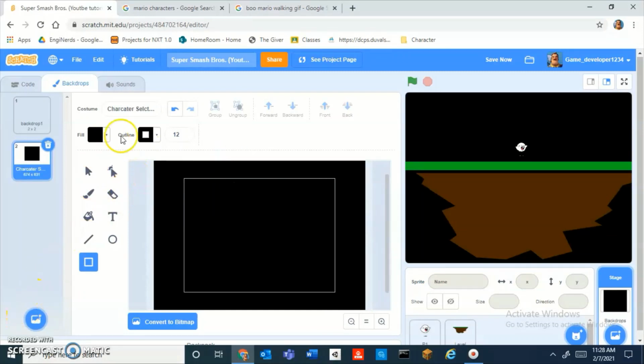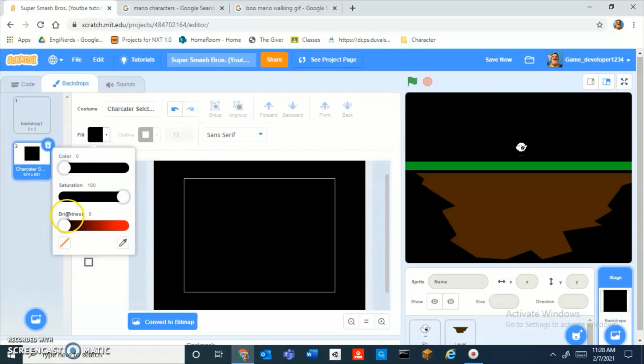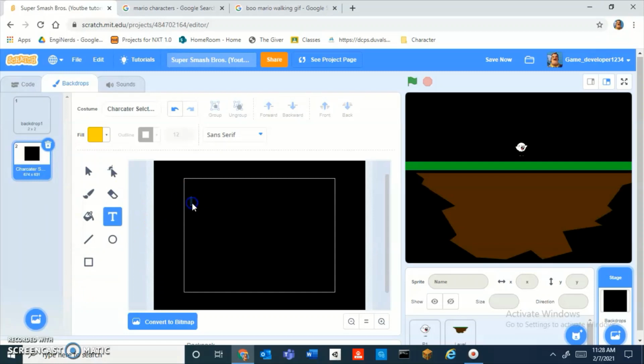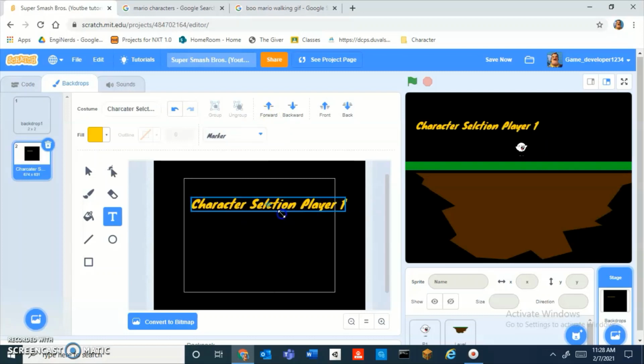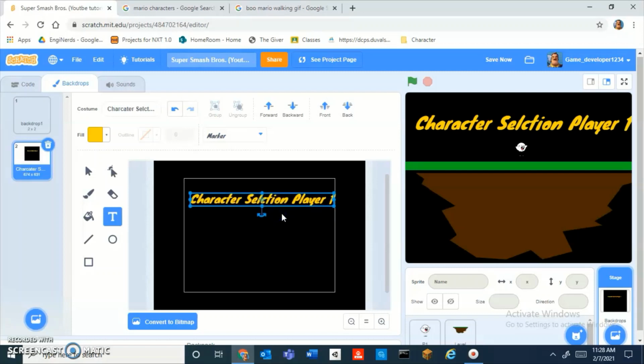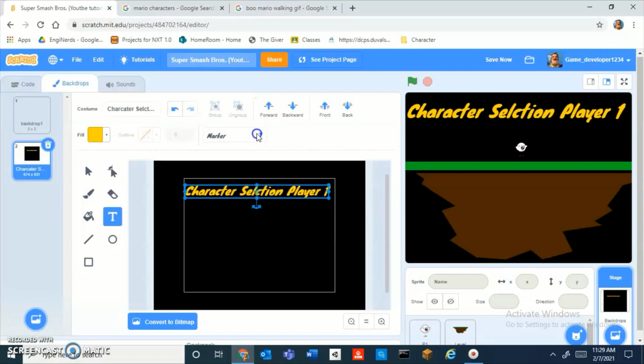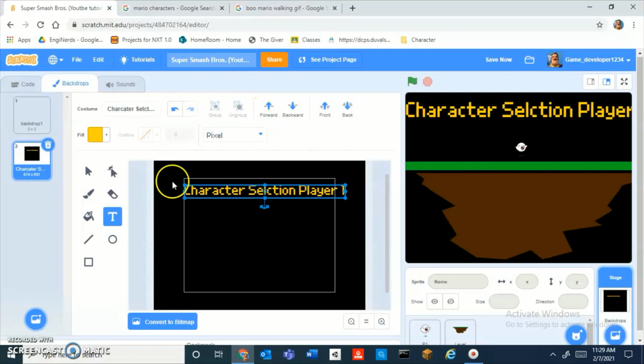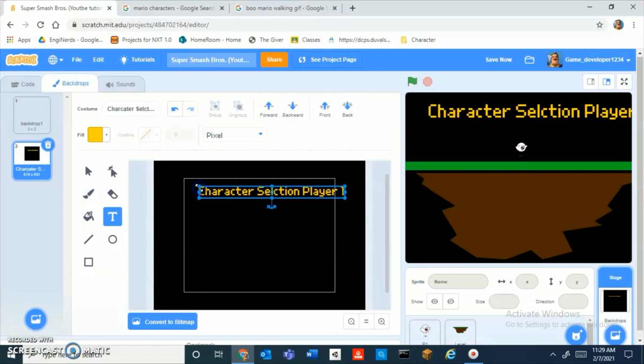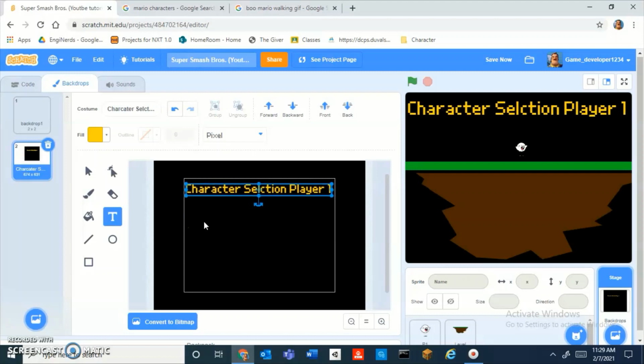And then I'm just going to call this character selection player 1. And marker. You could choose any font you want. I mean, I like marker because it just looks really cool. Well, no, actually, I should do pixel because then it'll fit the pixel art characters.